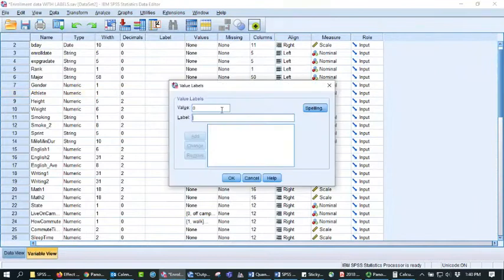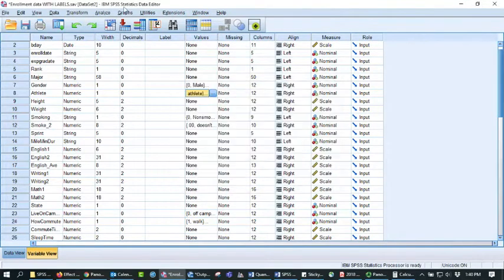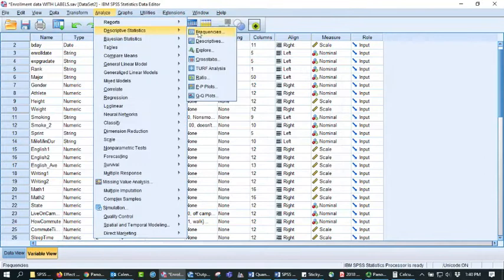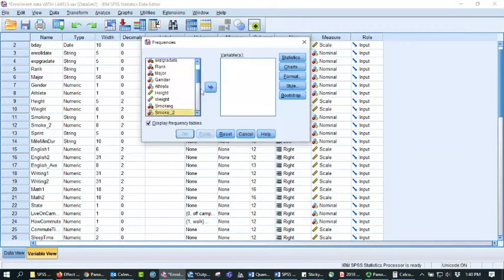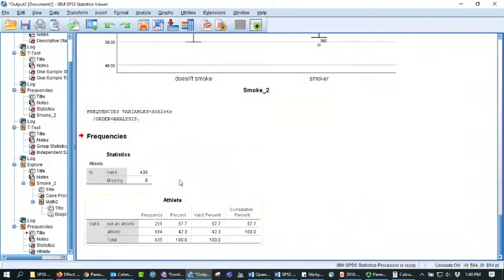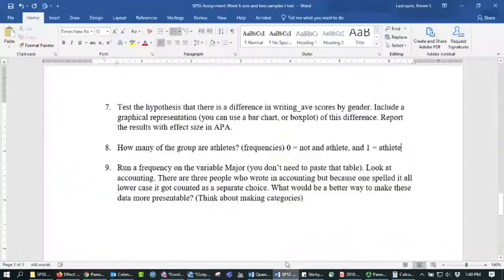Zero is equal to not an athlete, and 1 is equal to athlete. Say okay, and then we're going to run descriptives, frequencies on athlete, and get our numbers here, paste that in,